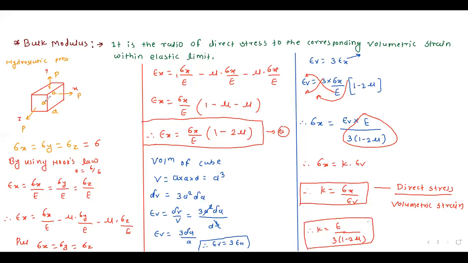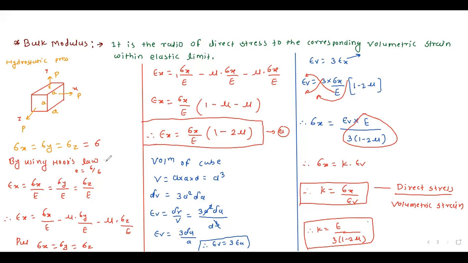So this is the cube. On that cube we are applying the same pressure in all directions, and the area of all planes is the same. So that's why the stress generated along the x direction, along the y direction, and the z direction is the same. That's why sigma x is equal to sigma y is equal to sigma z is equal to the total stress.